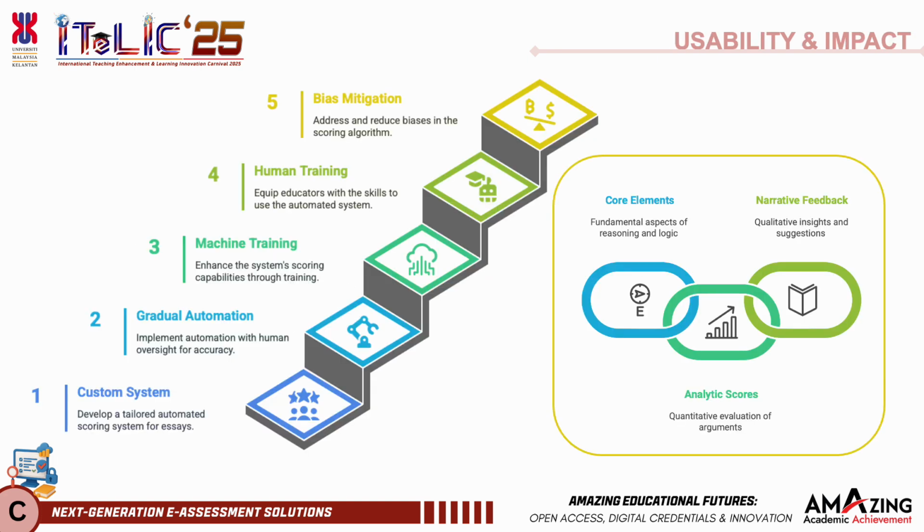Now, as I've said earlier, despite its low reliability values, we are still optimistic about the impact of Arguessay Evaluator, as it is in its beta phase, a very initial phase, and more machine training is needed. And we also believe that human-evaluated training is equally important. And this customized automated scoring system can be widely used for argumentative essay marking as part of the teaching and learning process, where as it gradually becomes more robust, machine helps scoring while human monitors. That's what we are aiming for in the very near future.